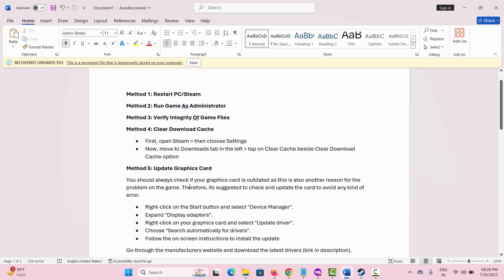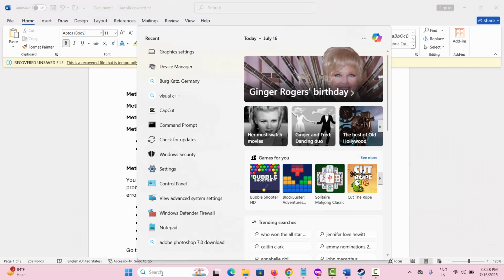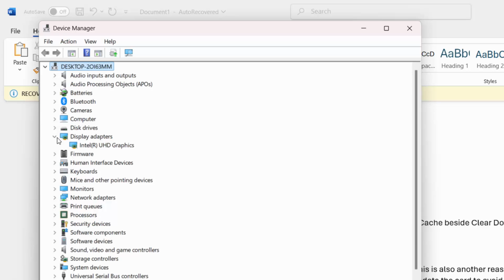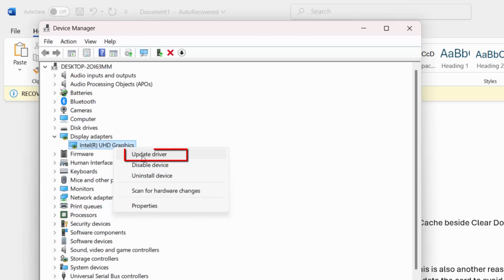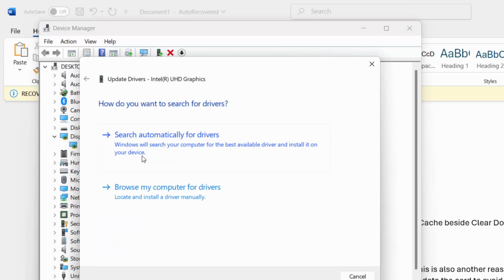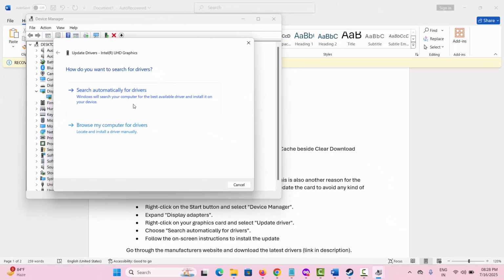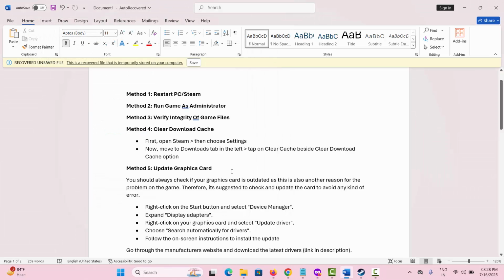If not, you need to check your graphics card. For that, you simply go to the search bar. Here type device manager. Now expand display adapters. Right click on it and then click on update driver option and then click on search automatically for drivers. This will search the best available driver on your PC and will install it. If this method doesn't work,